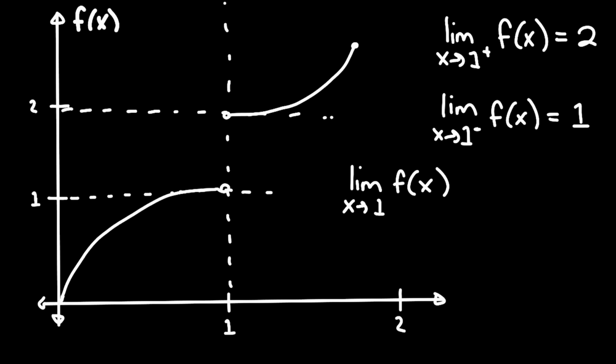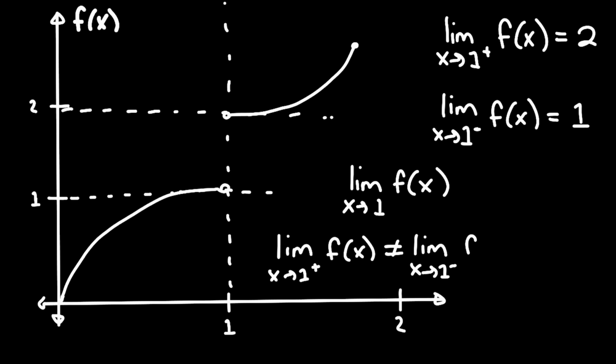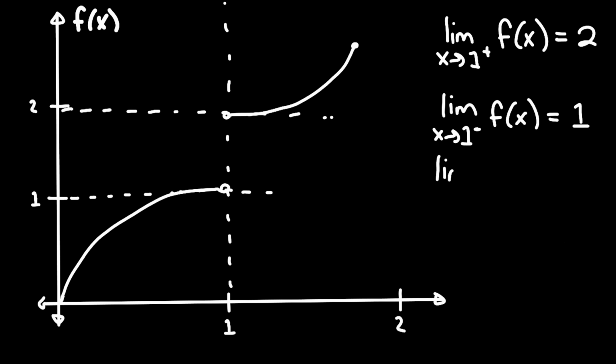The first property of a limit which is important to know is that if the limit as x approaches 1 from the right of f of x does not equal the limit as x approaches 1 from the left of f of x, then the limit as x approaches 1 of f of x does not exist. So therefore we can say that overall the limit as x approaches 1 of f of x does not exist,